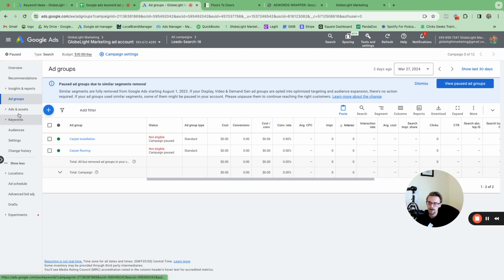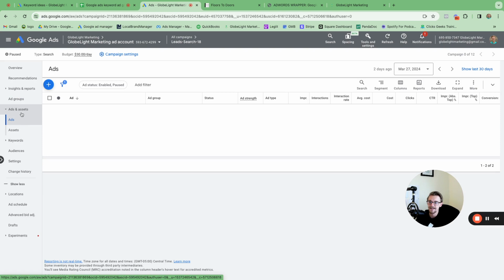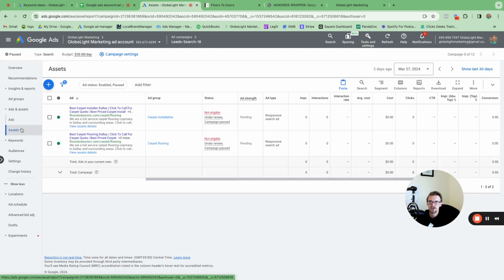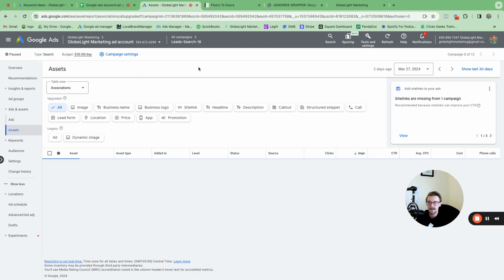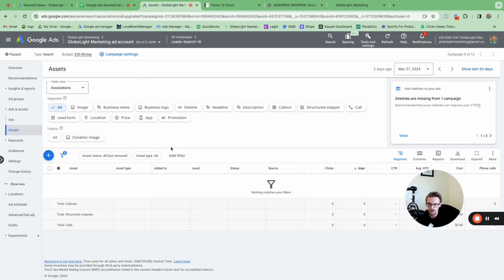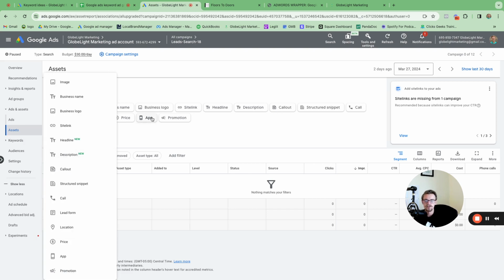And then now what we're going to do is we're going to go to ads and assets and then click on assets. So what we want to do, the main thing we want to add is what's called a call asset or a call extension. So what you're going to do is click the plus button. There's these different extensions. Extension just means, or the assets, what they mean is you've got your basic headline and description on the text ad, but then below that you can add in a phone number. You can add in a site link, which is like another link to a different page on your website. You can add in these different things called structure snippets, which are like different little links, with like different features of your service or